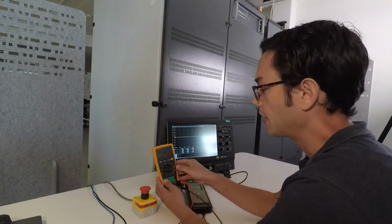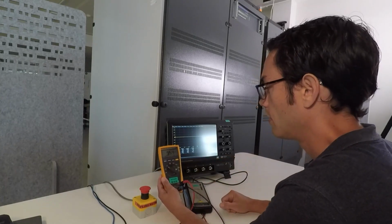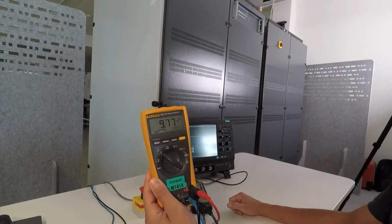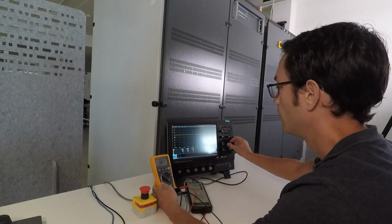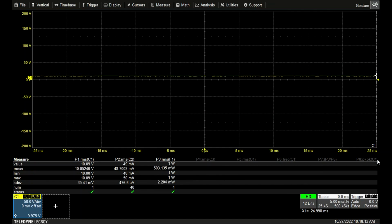So to measure DC, I have to change the voltmeter to DC, and we are measuring 9.75 volt. And also on the oscilloscope, you can see we're generating 10 volt. So I can go higher now. I'm going to go to